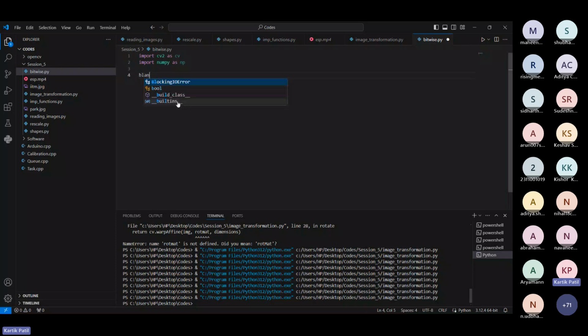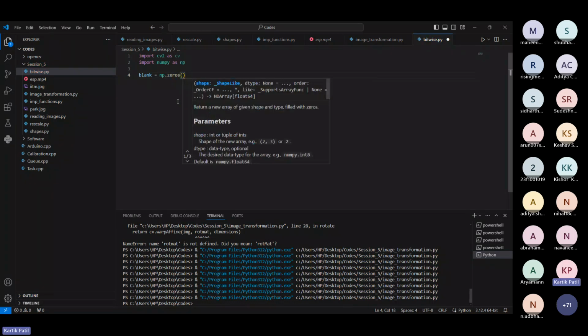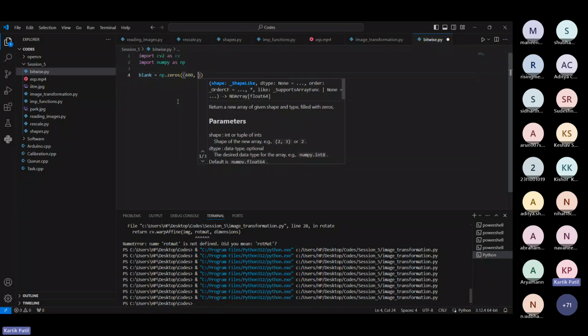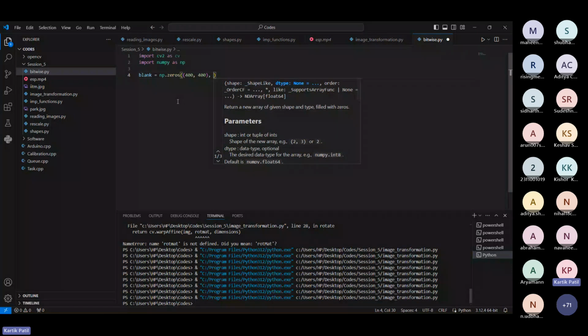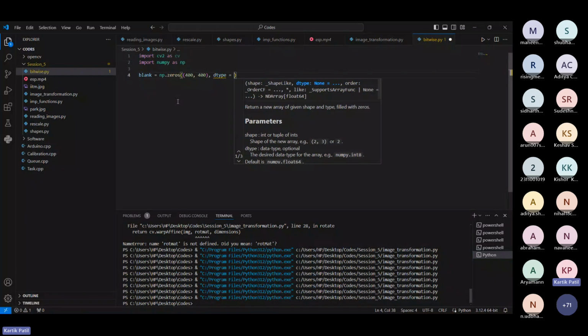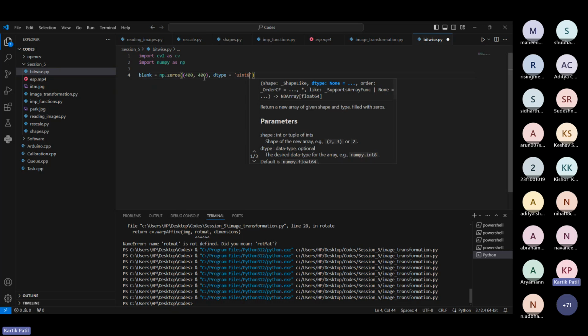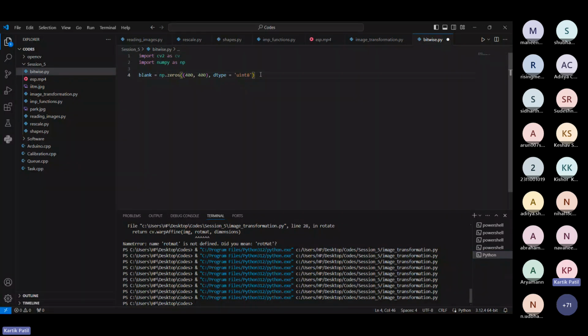So we'll choose a blank image again, np dot zeros, and choose it as 400 comma 400. And the data type, what is the data type we learned? It is uint8 to convert into an image, right? This is a numpy array, and now I want to convert it into an image. So this is the data type we use, uint8. And then we create something like rectangle equals cv dot rectangle